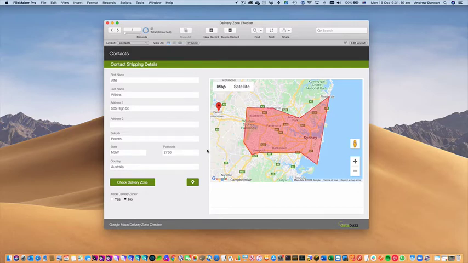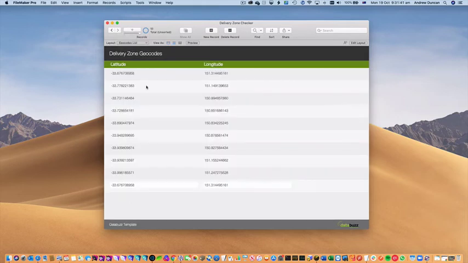So this is some of the cool new things that we can do with the new FileMaker JavaScript capabilities in the FileMaker 19 platform. In this case, we're running a FileMaker script that's passed in, that's getting a geocode of this address, which generates the pin on the map, and then it's calling a JavaScript function which uses the Google Maps API to determine whether this address is within the bounds of this defined polygon, and that polygon is essentially coming from the list of geocodes that we supplied,